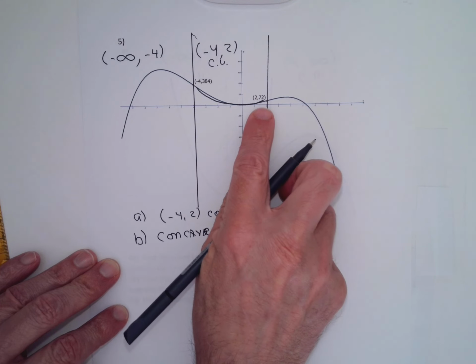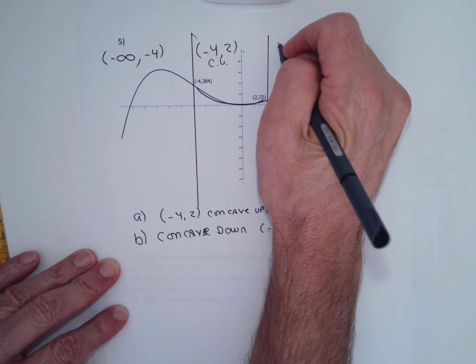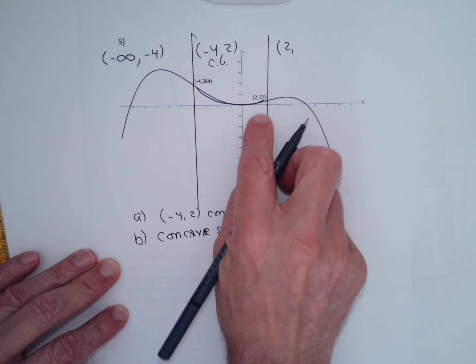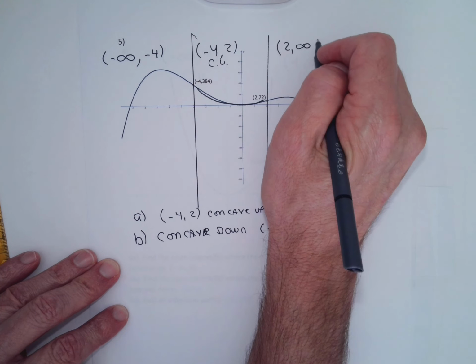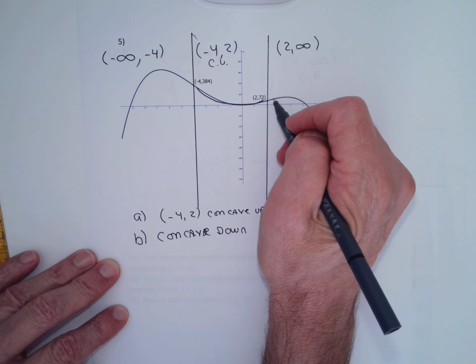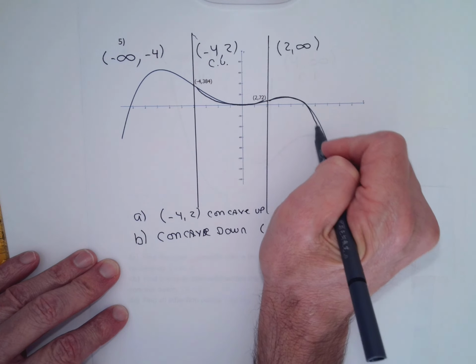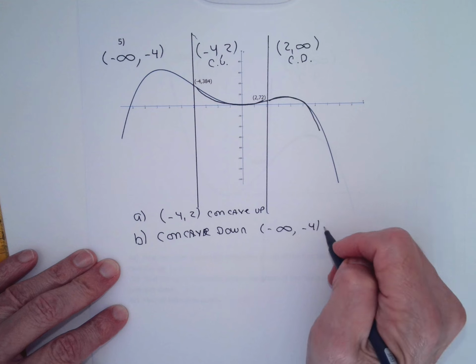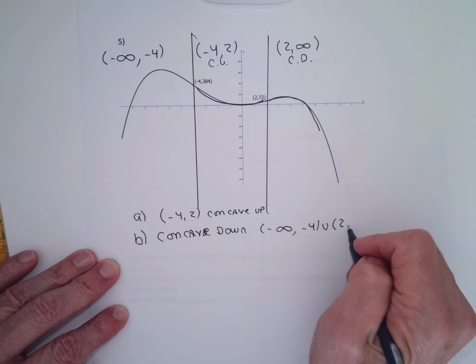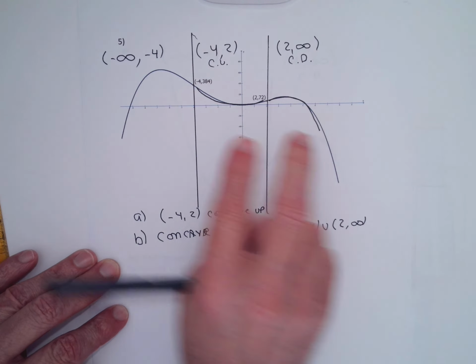And then the last region goes from the x-coordinate of that point that's marked, which is 2, goes past the maximum point and goes down, works its way to the far right edge of the x-axis, to infinity. This is all concave down. It increases and then decreases, but it's all bent down. This is a concave down interval, and it belongs in part B for number 5. Both of those points matter, because